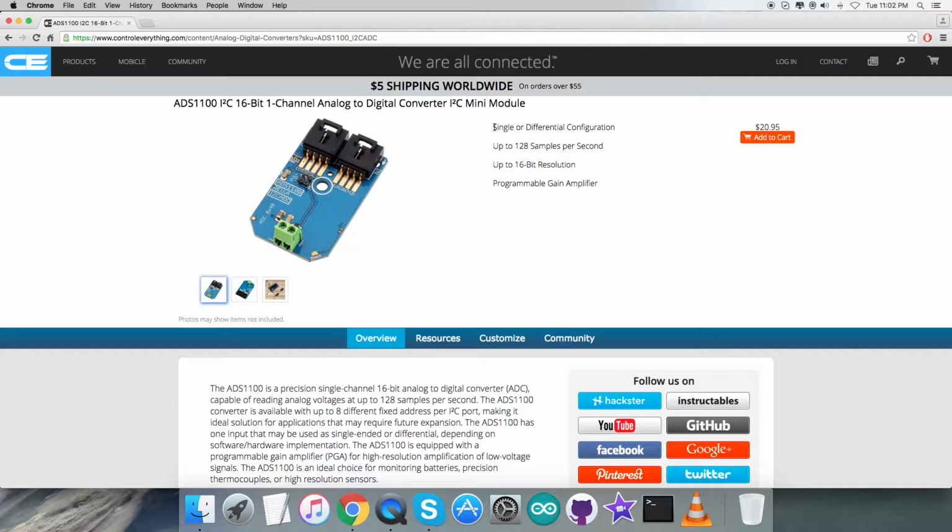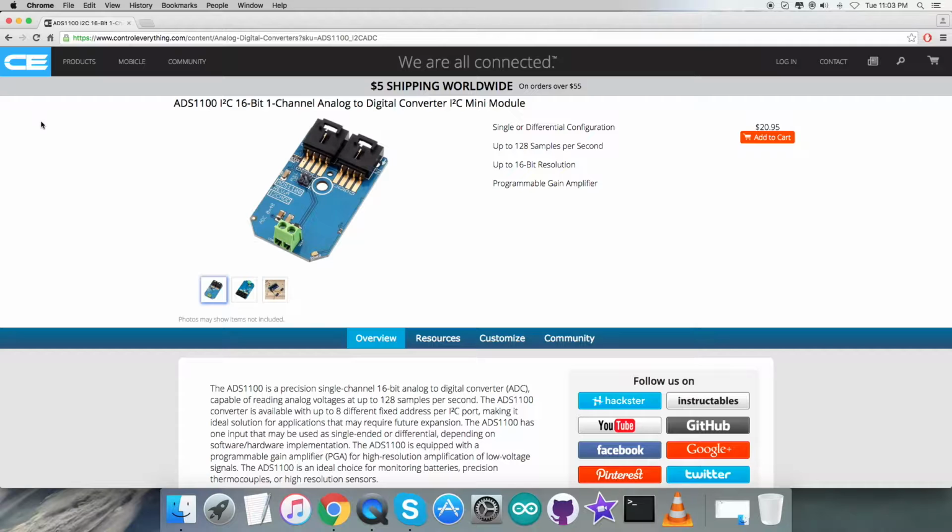and also you can have some view over some of the features which are clearly visible on this very screen. And the plus point is you can purchase this sensor from this website from here. Now I will be interfacing this sensor ADS1100 with a Raspberry Pi and a Java code.